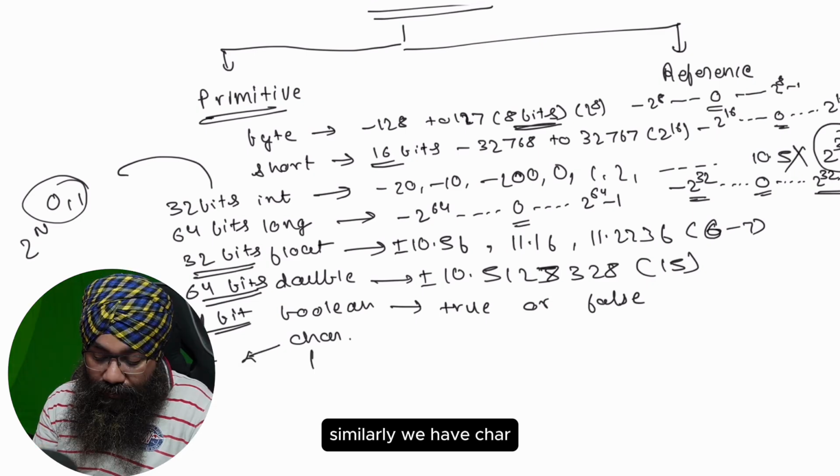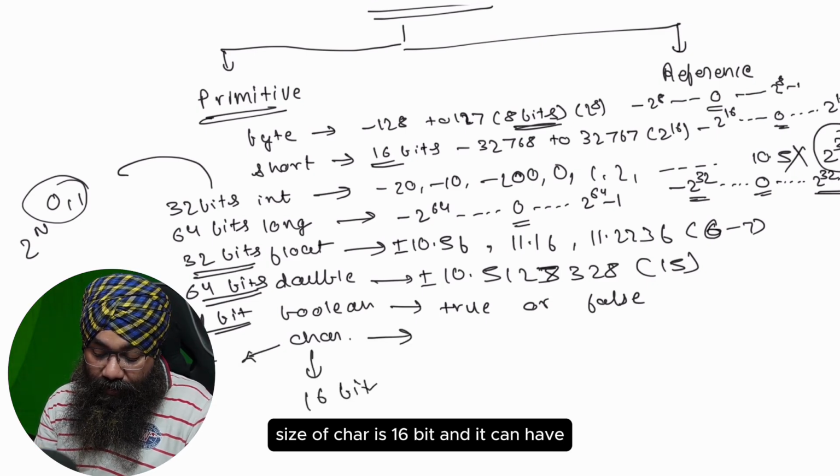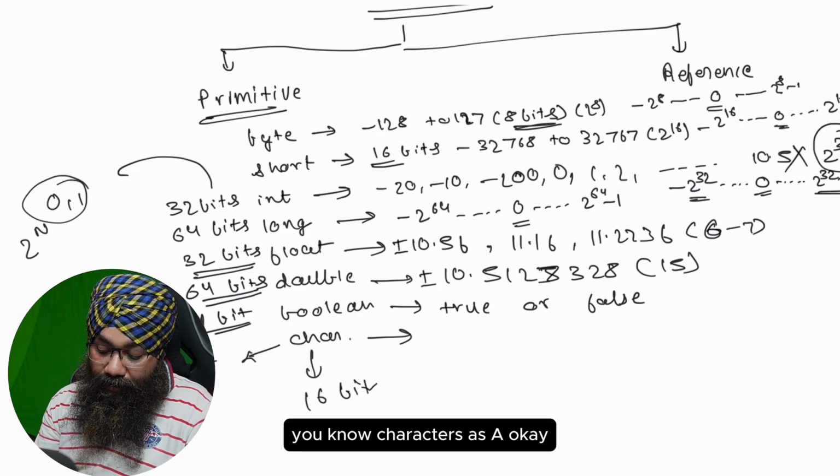Similarly, we have char. The size of char is 16 bits and it can have characters as A,